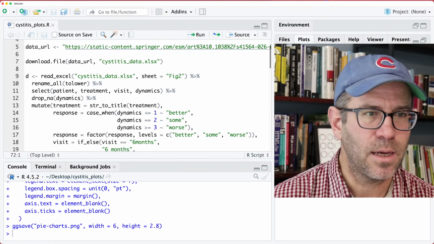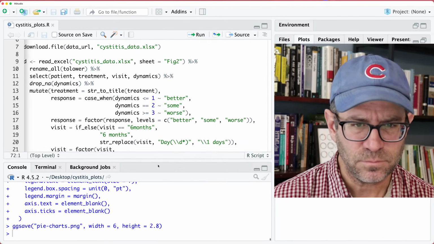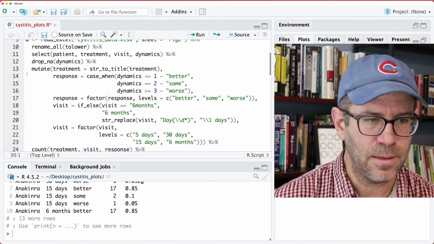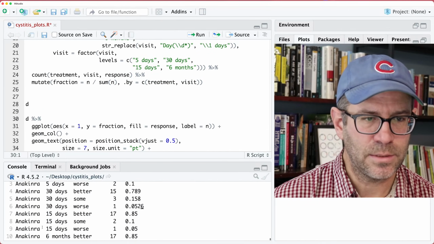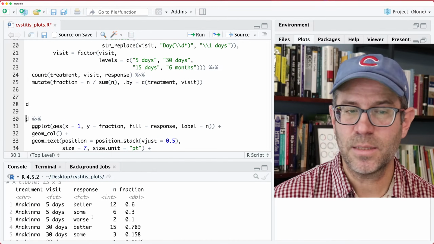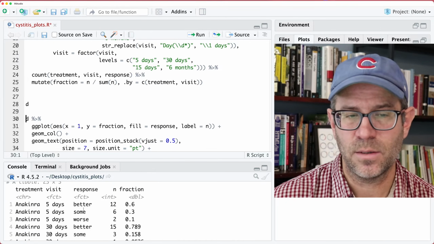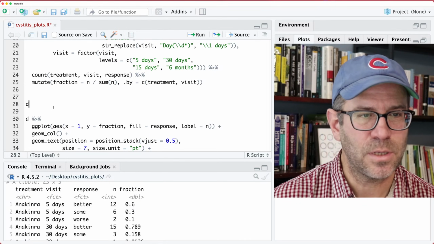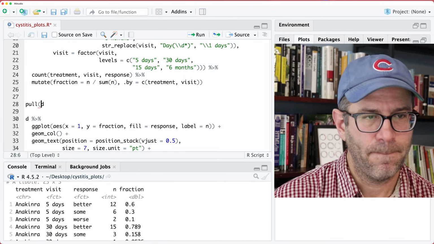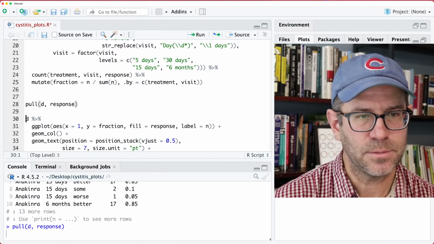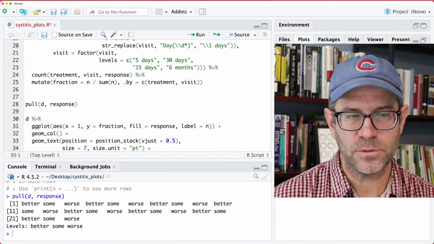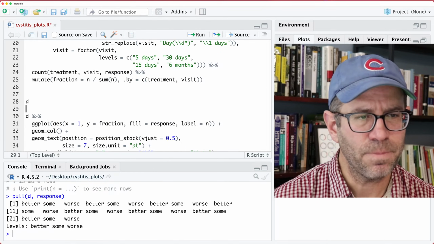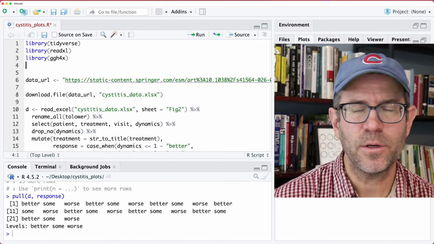So let's come back up here. And if we take D, we get this. And our response is already in ordinal form, going from better, some, worse. I think if I do like poll D response, I now see the levels are better, some, worse, right? So that's ordinal. All right. So we can get the